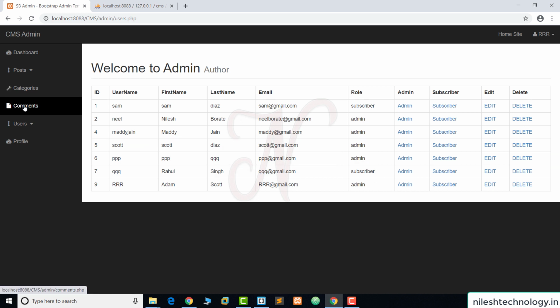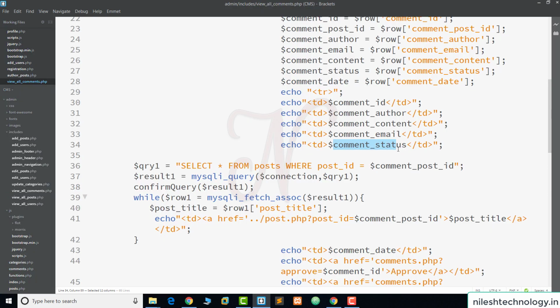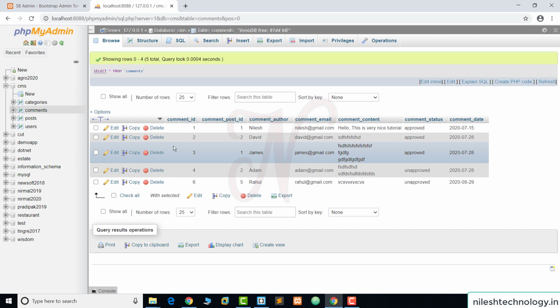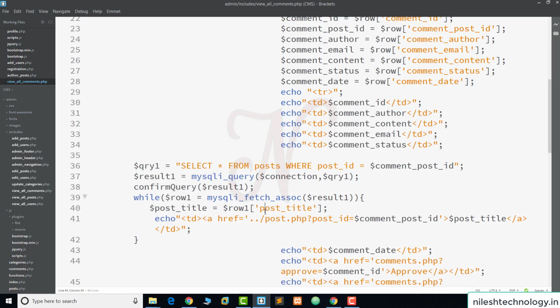Again view all users. This is proper, but in comments I think there is some issue here. Yes, now we remove it. Why did this happen? Because we removed the David post, so it is not getting that post ID, and that's why it shows the incorrect column count. Don't worry about that. We will do the related code in upcoming videos.